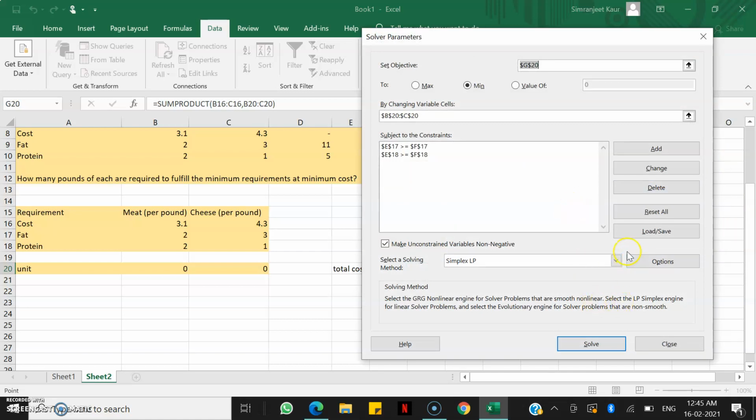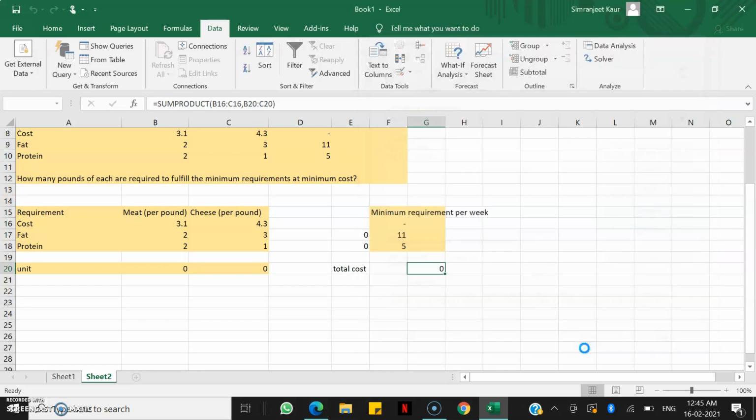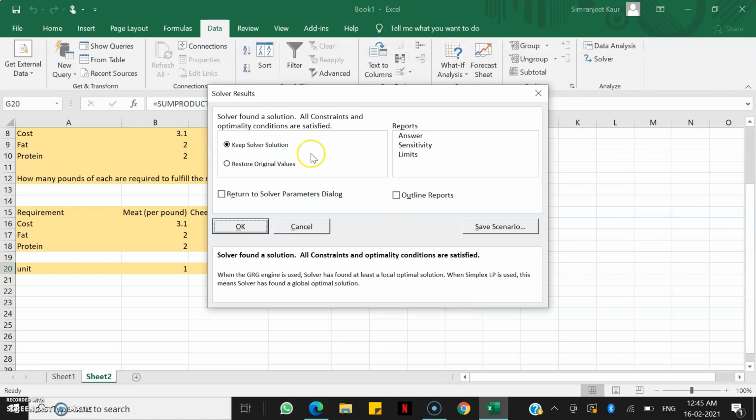Now I have to select a solving method, which is simplex LP, because GRG nonlinear and evolutionary are both for nonlinear problems. So I'll go with simplex LP and click on solve. It is telling us solver has found a solution. All constraints and optimality conditions are satisfied.